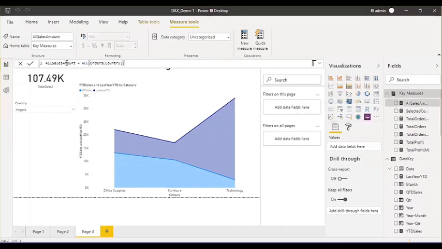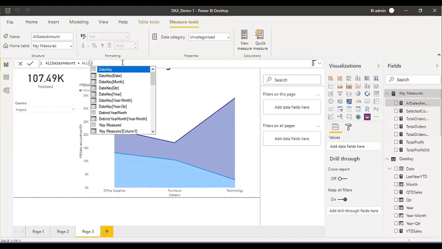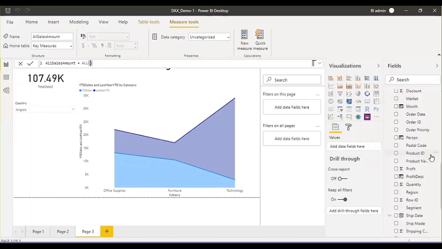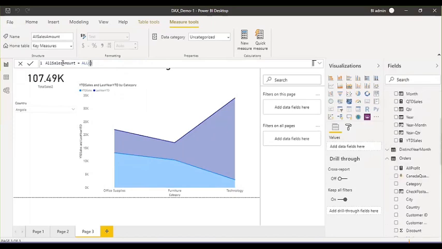All right, so last time I created this for the profit, right? So now I'm going to show you on the sales measure. So not country here, we have to pass another column, right? This all function basically works only for a column, not for a measure, okay? So let me check whether I have any sales column. No. Instead of this, let me just calculate it for the quantity, because quantity is the physical column of this table. I can create a sales column also, and then I can filter the data for it. So I'm using the quantity here now.